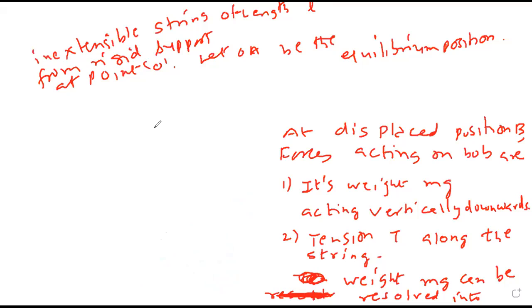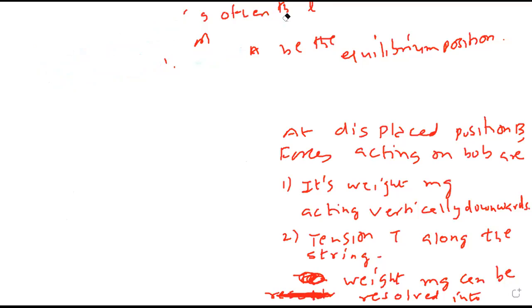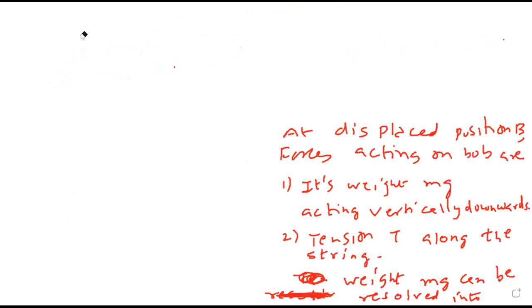It starts performing oscillations on both sides of equilibrium position. Let x be the linear displacement. Then copy here from here. At displaced position B,